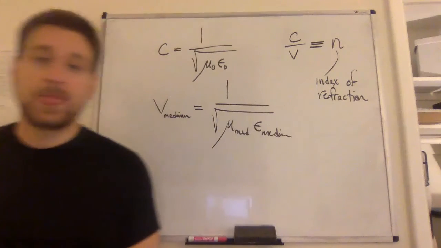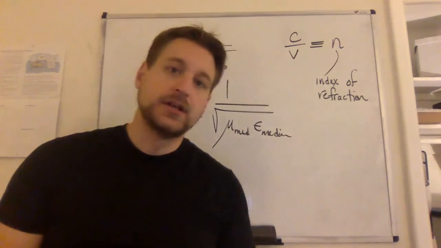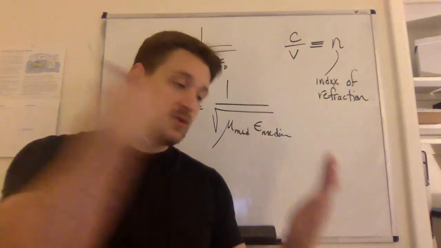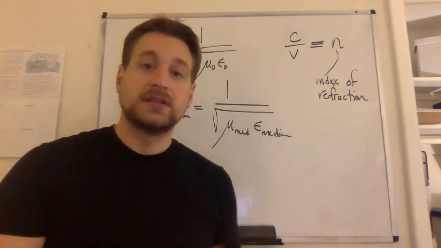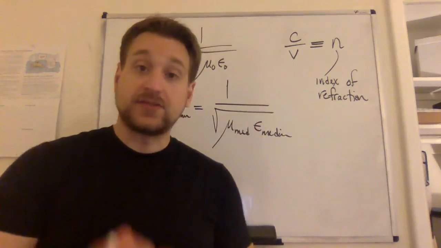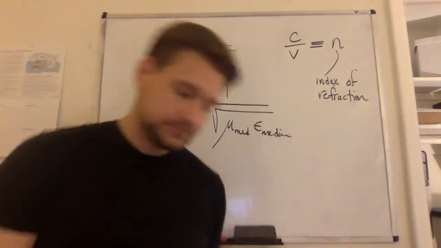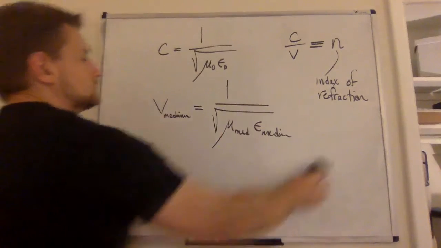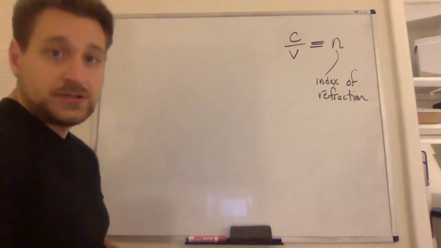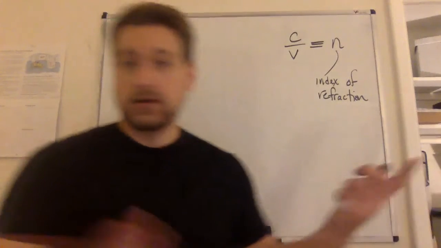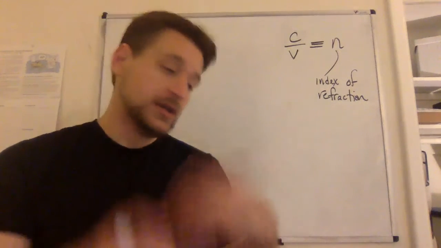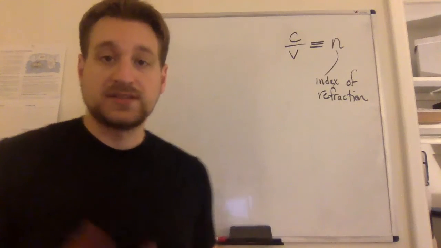This is different from reflection. This is propagation through different media, as opposed to hitting a boundary and bouncing off. This is hitting a boundary and keeping going in a particular way, and that's refraction. The indices of refraction of various materials are in our textbook. There's a table. If you need one, I'll be able to provide it to you, or it'll be the thing that you're asked to calculate based on the other information.